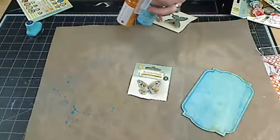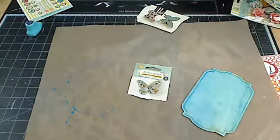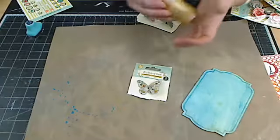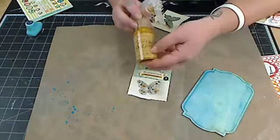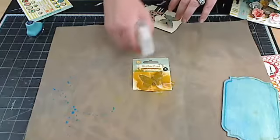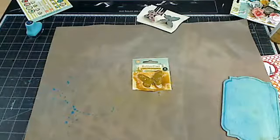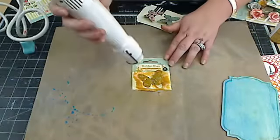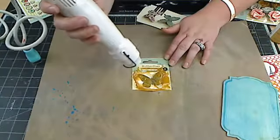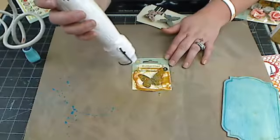They can use any others? Yeah, they can. 他の3つのうちの他のバタフライでも大丈夫です。I'm using the gold foil spray to spray the butterfly. ゴールドフォイルという色でスプレーします。And while it's wet, I'm going to take the heat gun and dry it. 濡れてる間にヒートガンで乾かします。